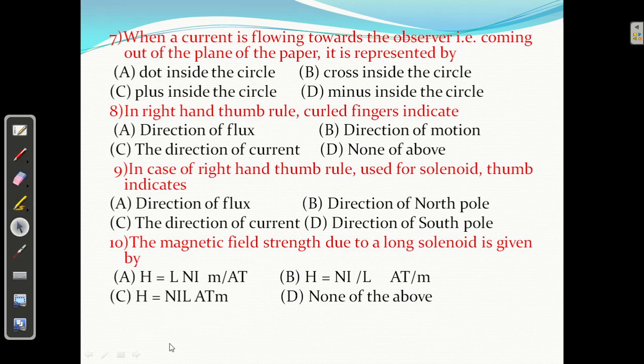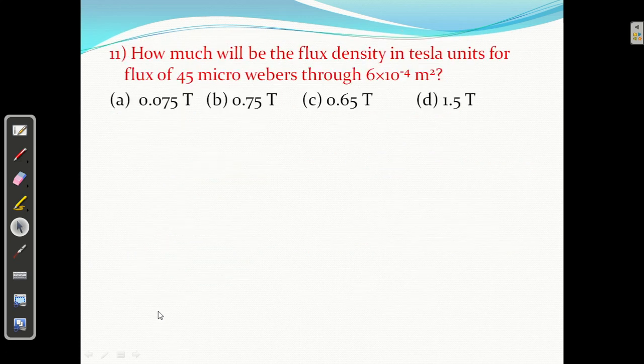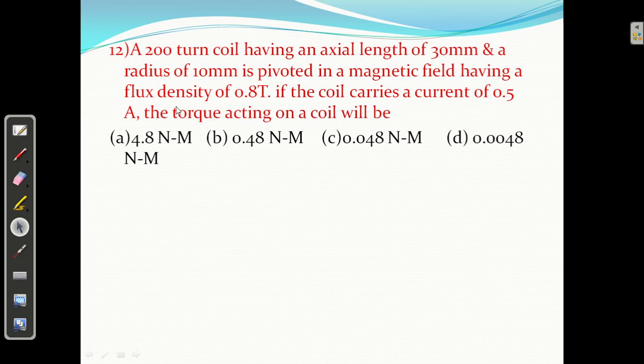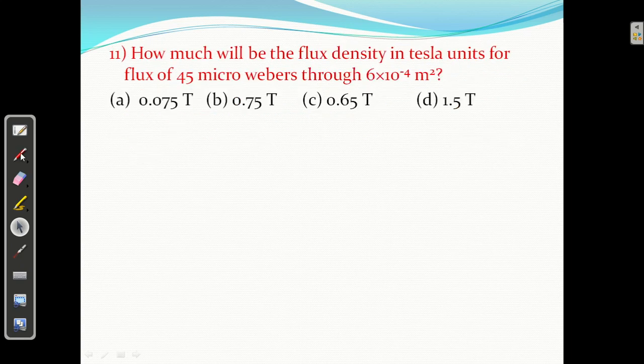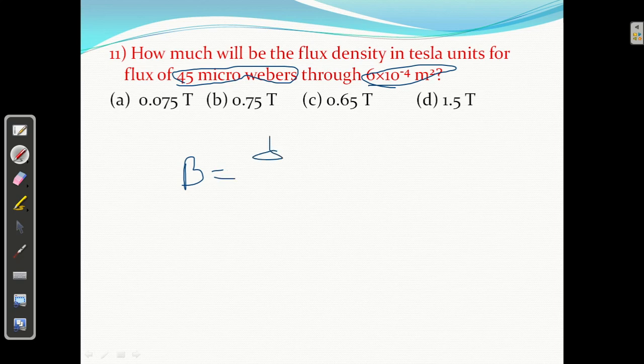Question number 11. How much will be the flux density? थोड़े से numerical type के question है ये. How much will be the flux density in the Tesla units for flux of 45 microweber and through area is this one. So we know flux density B equal to what? Flux upon area. B equal to flux upon area. Flux is what? 45